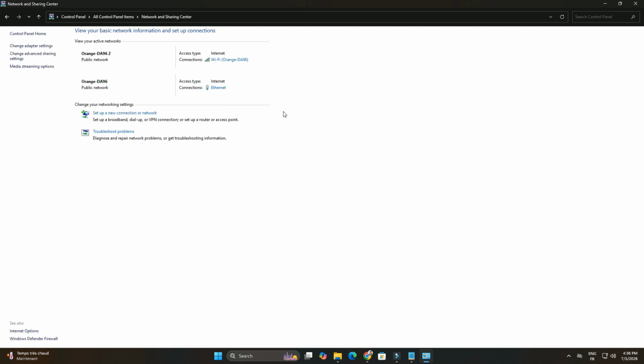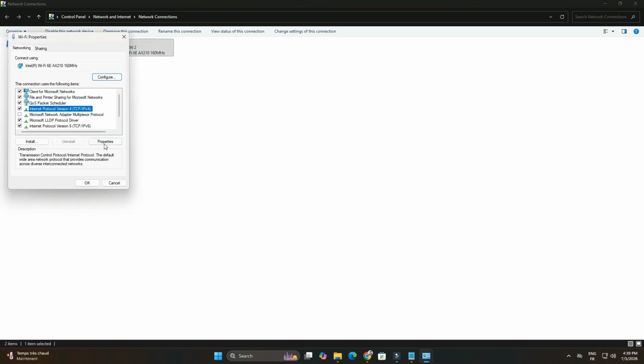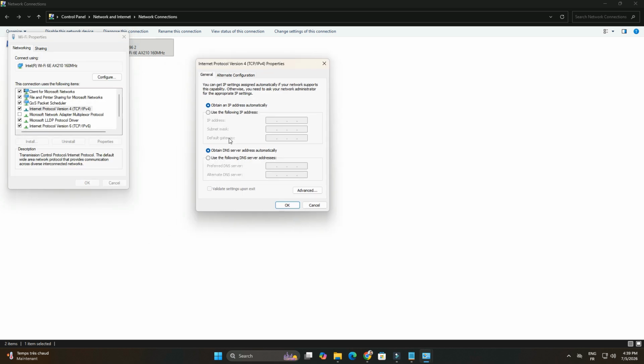On the left, select Change Adapter Settings. Right-click your Wi-Fi adapter and choose Properties. Select Internet Protocol version 4, TCP/IPv4, then click Properties. Use the following DNS server addresses and enter one of these public DNS options: Google DNS,